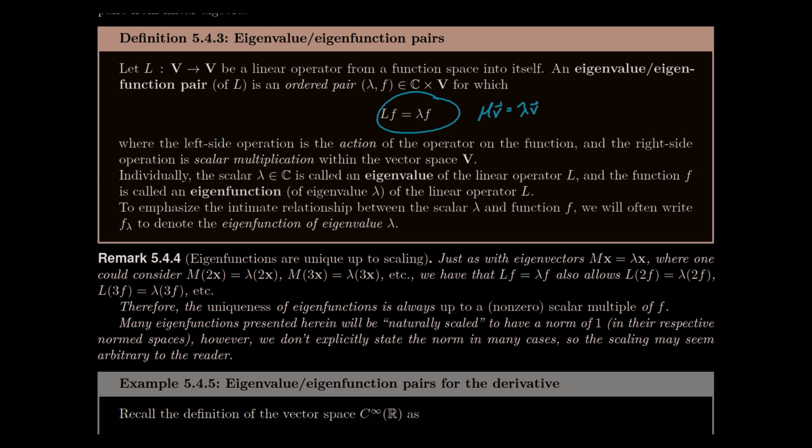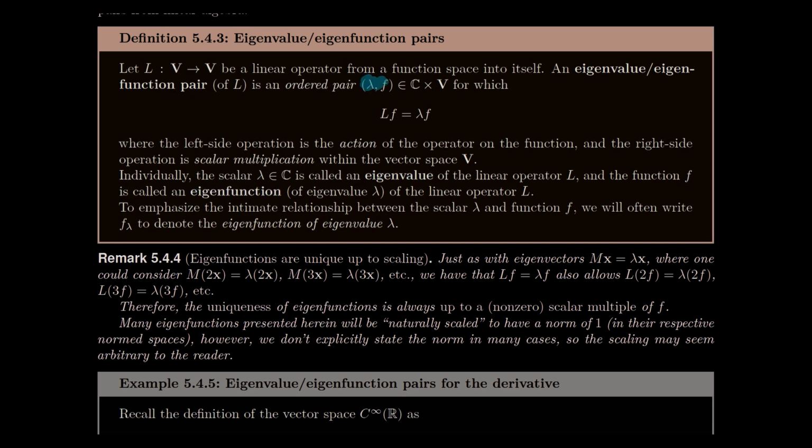Now, every time we think of operators, what you want to think about is just derivatives, like sums of derivatives, d/dx plus d/dx squared or something like that. These are what linear operators are, and we're just going to try to satisfy this equation. Now, independently, we can just call lambda an eigenvalue, and we can just call f an eigenfunction, but I like